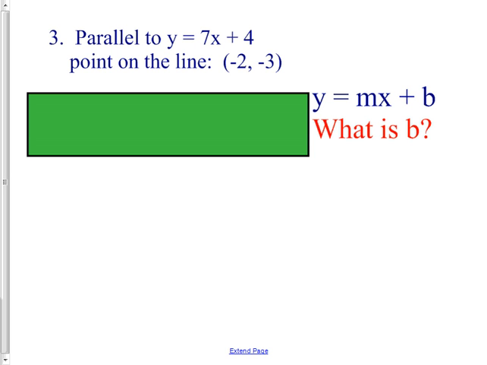If you put in -2 for the x and -3 for the y, you know what's going to happen? There's no variables left. It's just going to say that it's true. You know what I'm saying? If you want to find b, b is the y-intercept, isn't it? How do you find the y-intercept? It's where x equals 0. Okay, so once I've got my equation for y minus y squared,